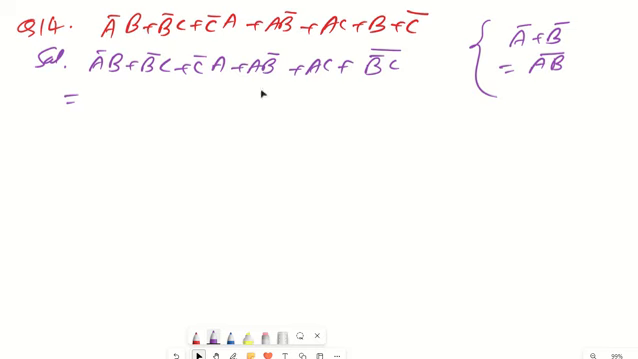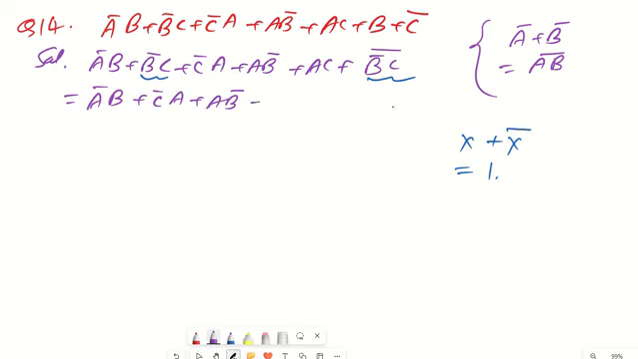Or you can see that the term b bar c plus b bar c bar, so is it looking like x plus x bar? So x plus x bar is 1, right? So these two terms can be considered together as 1, right? So I can write it down as, let us say, a bar b plus c bar a plus a b bar plus ac